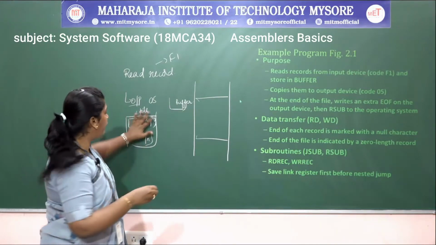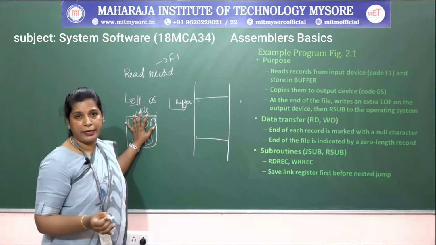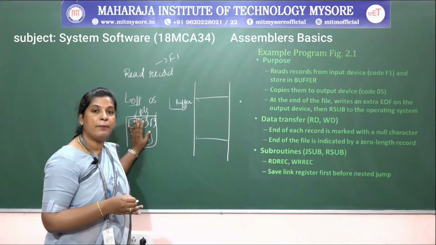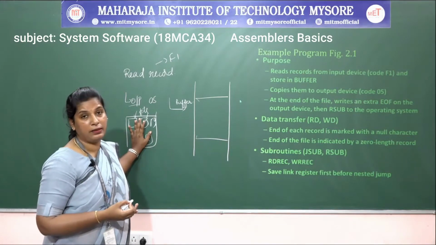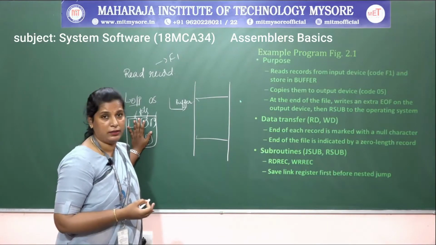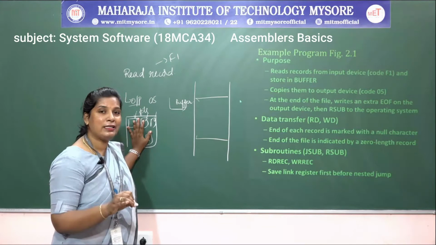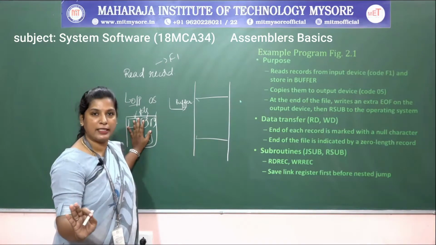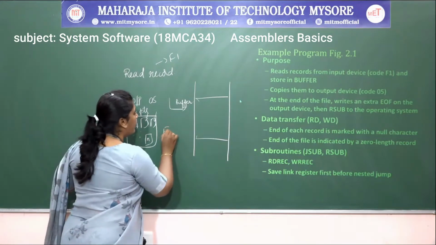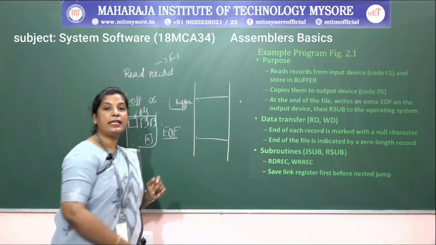After that, the file is empty. All the records have been read and displayed onto the screen. A file consists of a number of records, right? Once all the records have been read and written, the file is empty. Once the file is empty, no more records are there to be displayed onto the screen. At that time, I want to display a character string, EOF, onto the output device, that is, end of file.